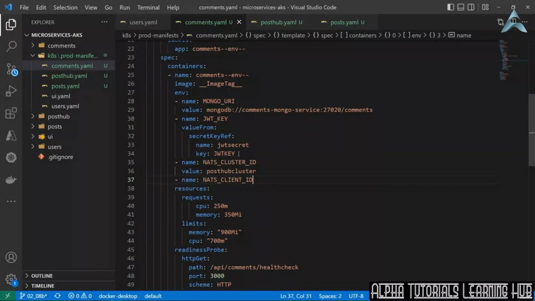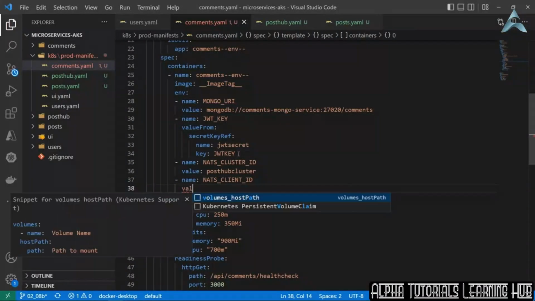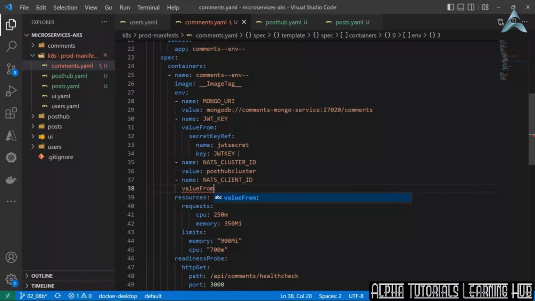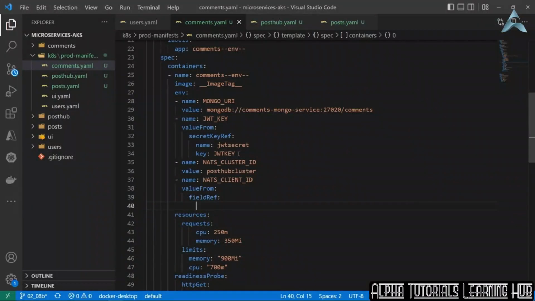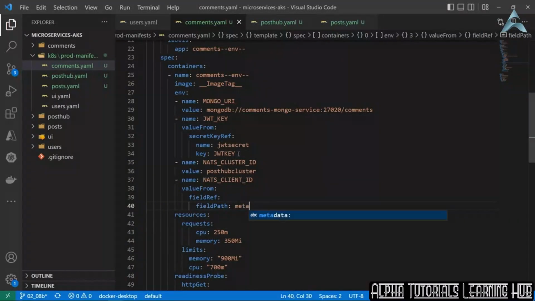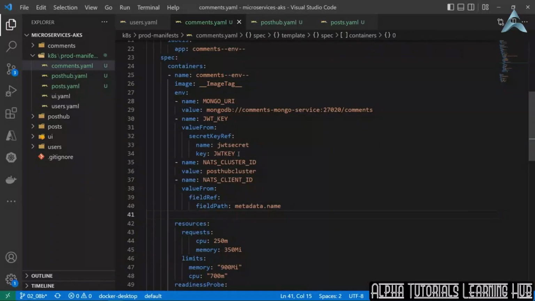And this would be taken from the container's name. So we would use valueFrom, colon, enter, press tab, fieldRef, colon, enter, press tab, fieldPath, colon, and the value set as metadata.name. Let's create the last variable,